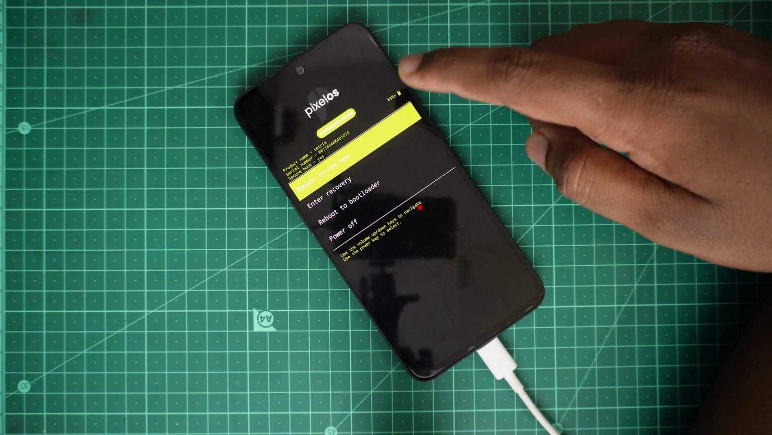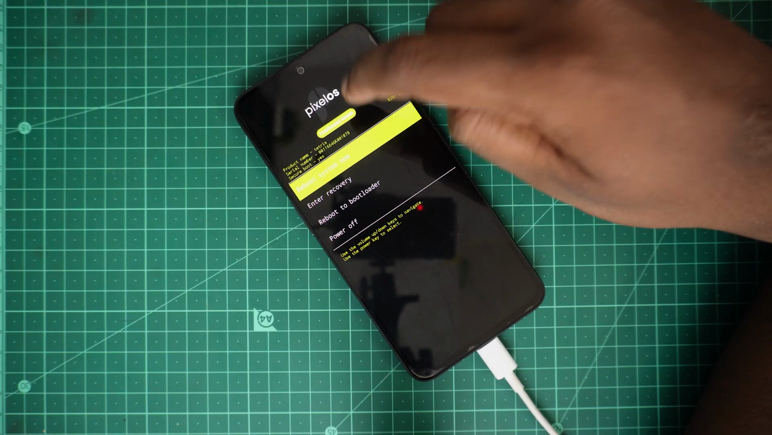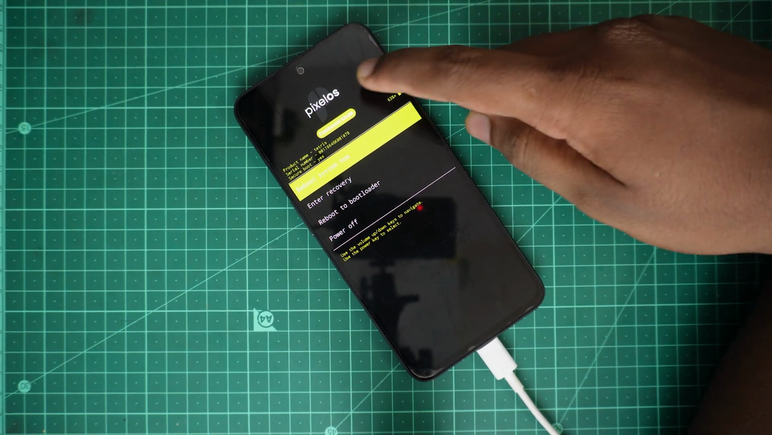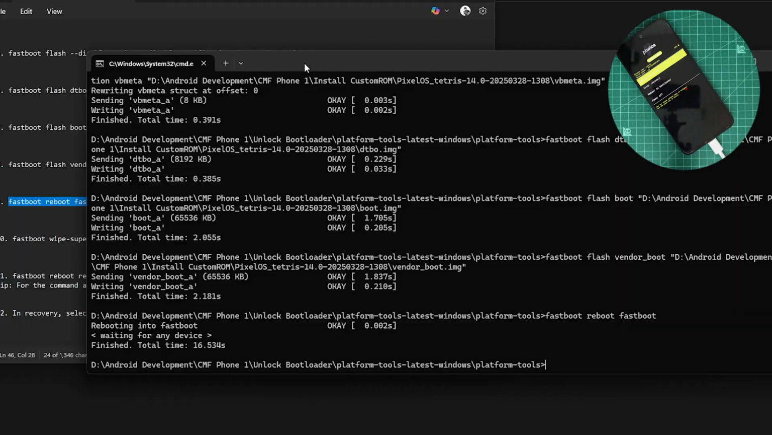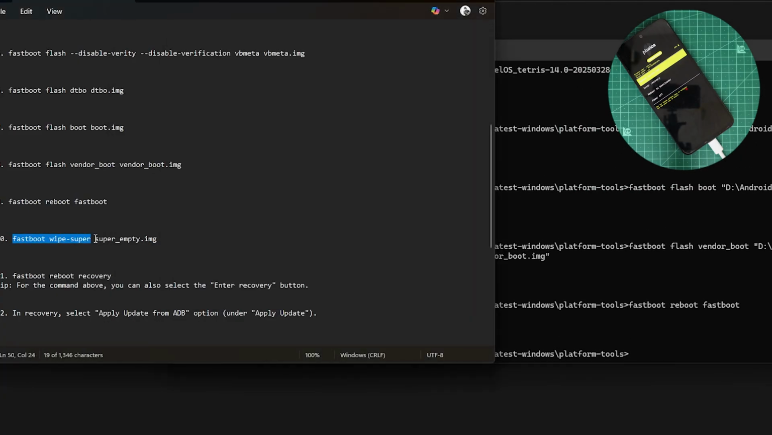See, now it is showing our recovery. It is not showing this one. So it is now in fastbootd mode. It is showing PixelOS because the boot image will contain this data. So yeah, once you are in fastbootd, you can use fastboot wipe super, and then